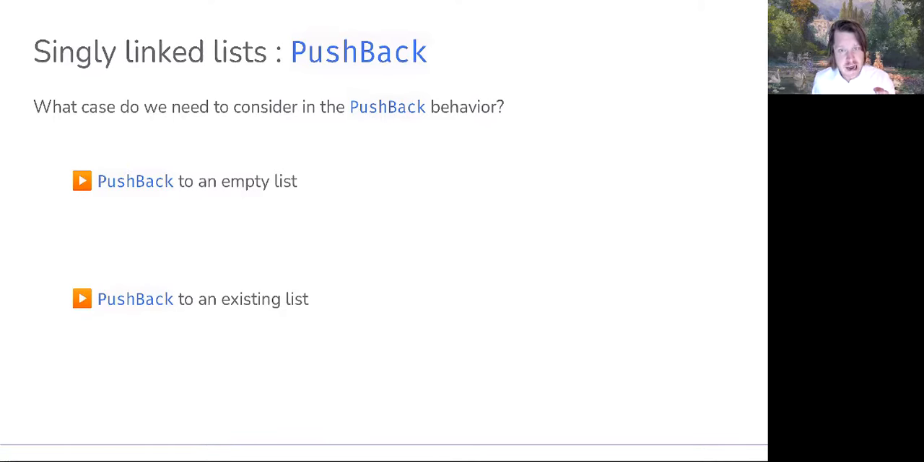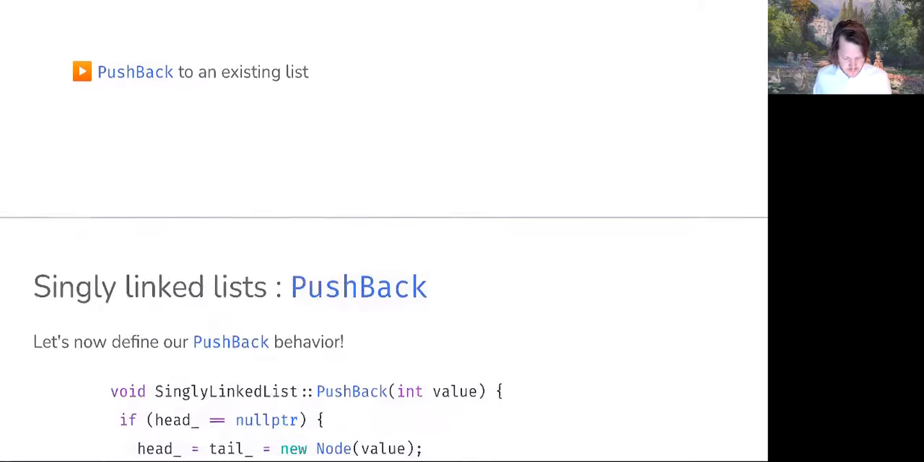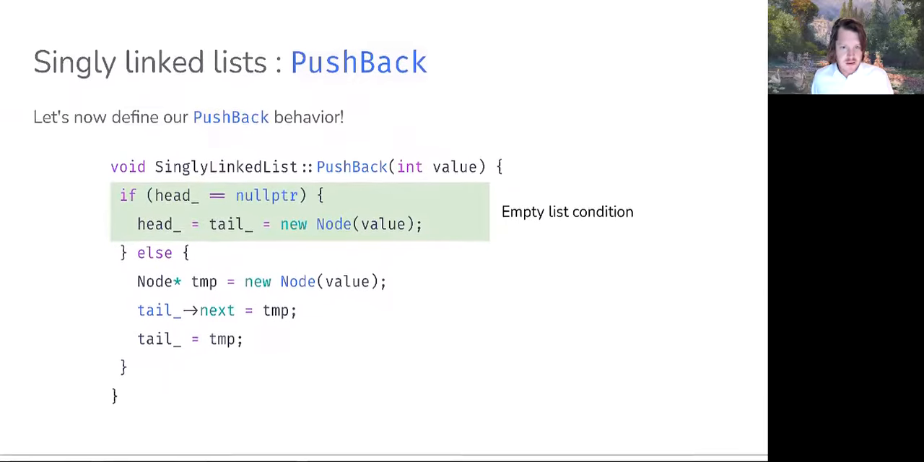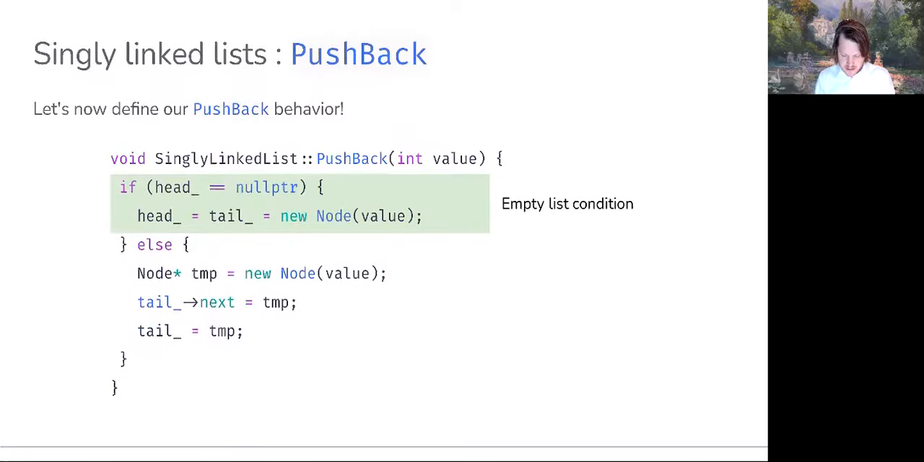Now, if we were to push back into an existing list, we're going to have to tack on to the last node within that sequence. So we'll be able to do that through tail, which will serve as our quick access to the last element, to either receive or get that object, or to go ahead and tack on an additional one into our sequence. So let's look at how we define that behavior. Let's go ahead and consider the empty list condition first. So if we're in our pushbacks, if we have something like a singly linked list,